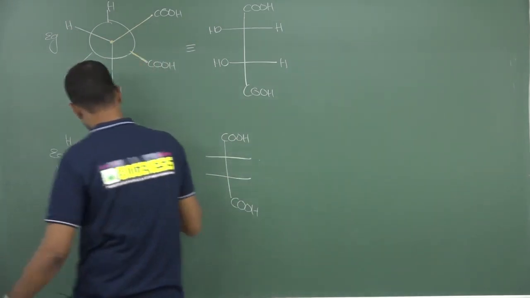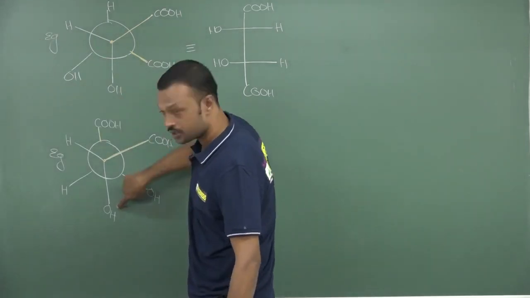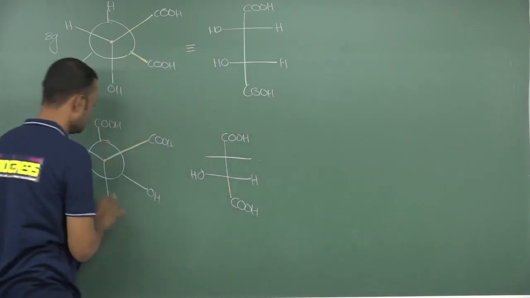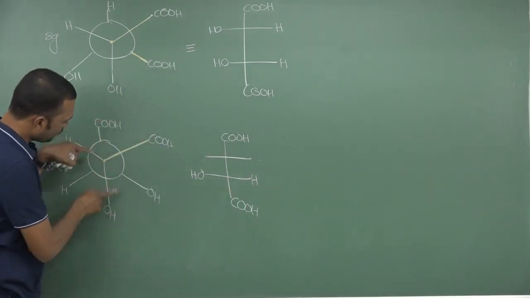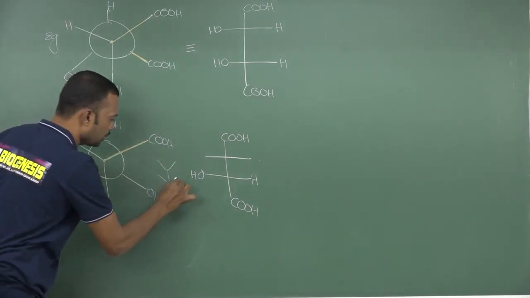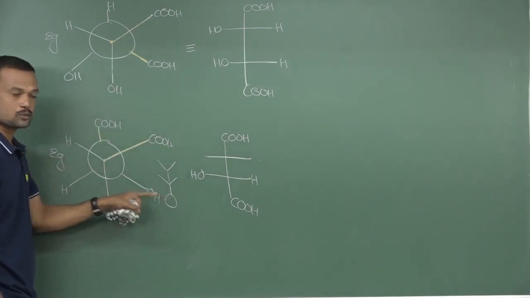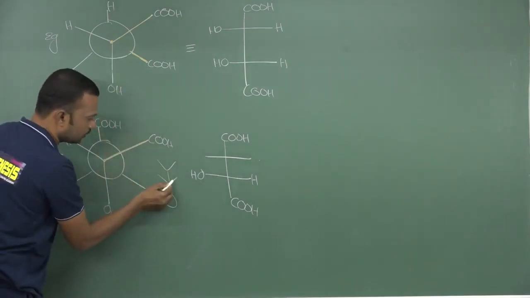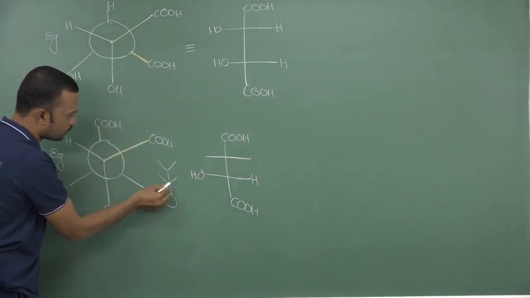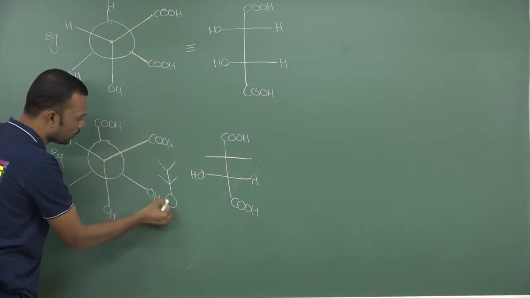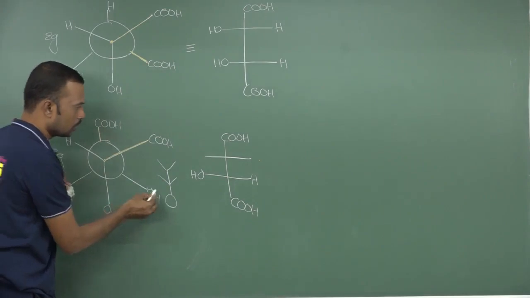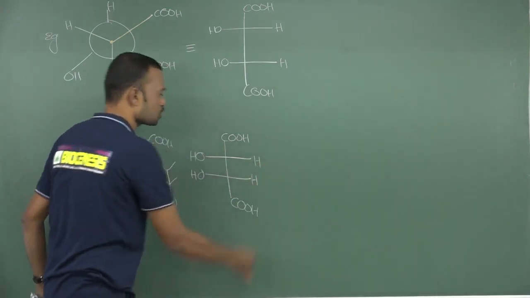Now see, you are watching like this, observer, this is right hand and this is left hand. Okay, so left hand is OH, right hand is H. So here also see, this is leg, so this is complete body, this is left hand. Means observer is simply observing like this you need to imagine. So this is head, back side, so you are completely watching from back side. So like this you need to imagine, this is leg of an observer, this is leg of an observer, this will be complete body, this is left hand and this is right hand. So here this is right hand and this is left hand, so this is OH and here H.